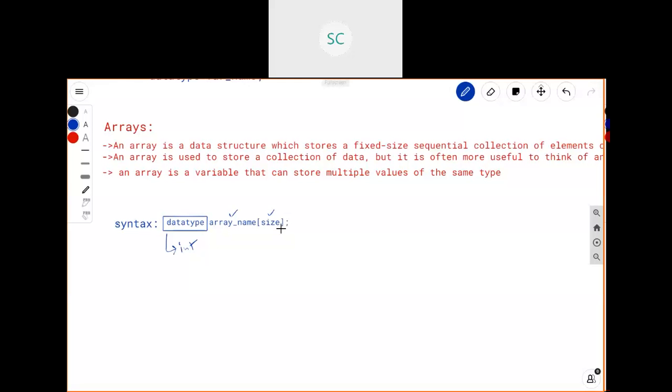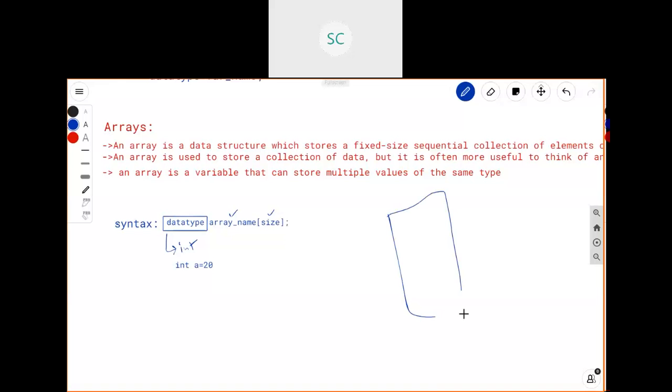For example, if it is a variable, int a equals 20, in memory it occupies 4 bytes of data, right? In the same way, based on the size I mention, memory is allocated within the RAM.